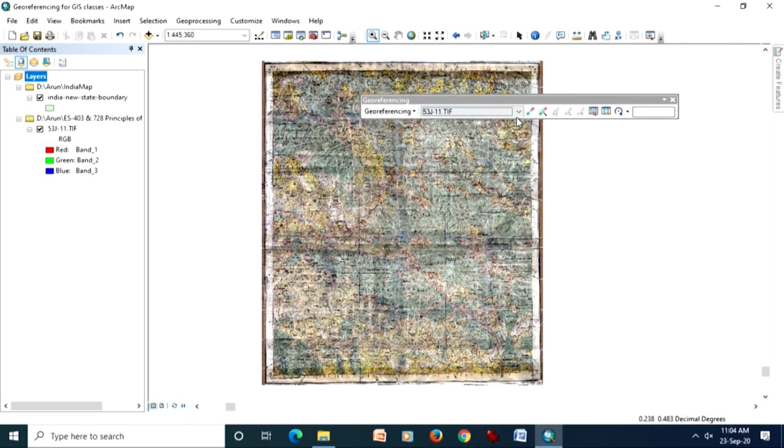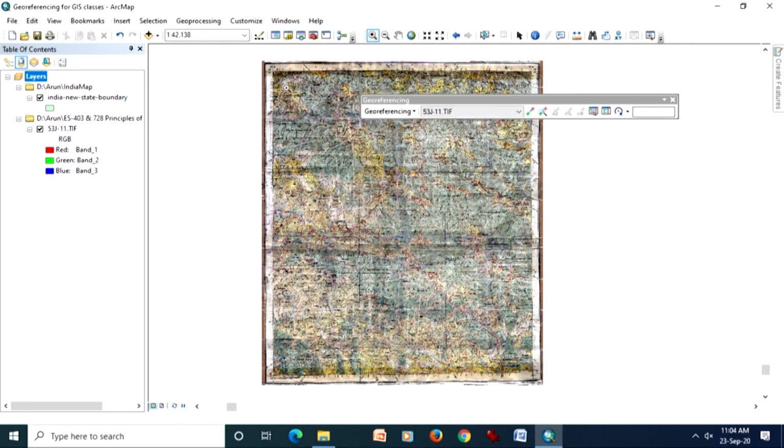Now, next step, if you recall the discussion in the theory part about georeferencing, the first thing is to register ground control points, GCPs. The best way of doing this, what I am going to do, is register all corners first and then see what happens.